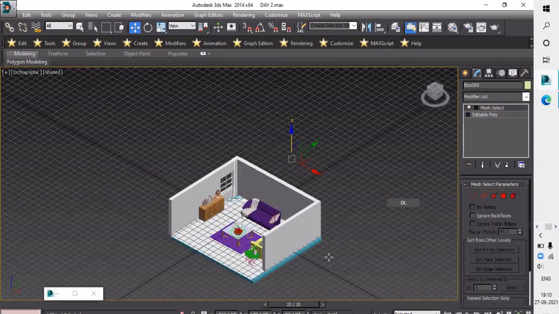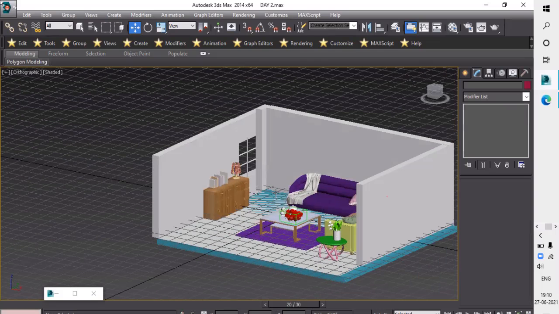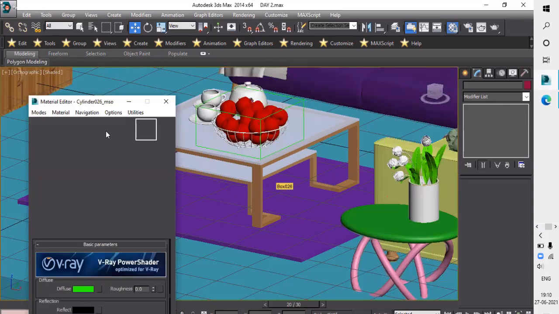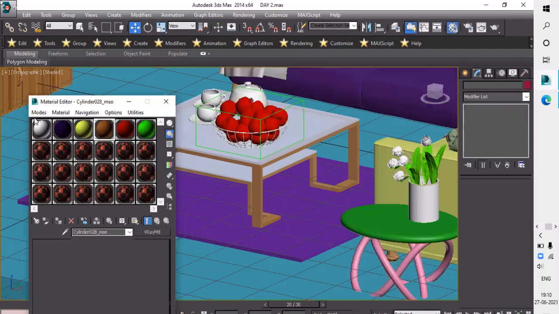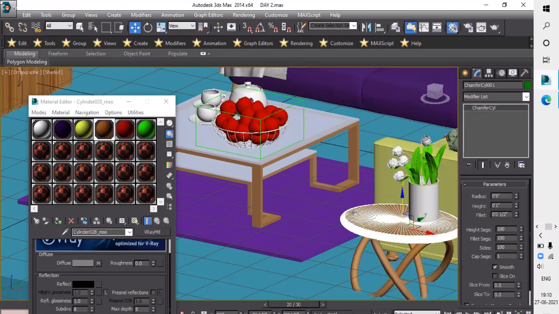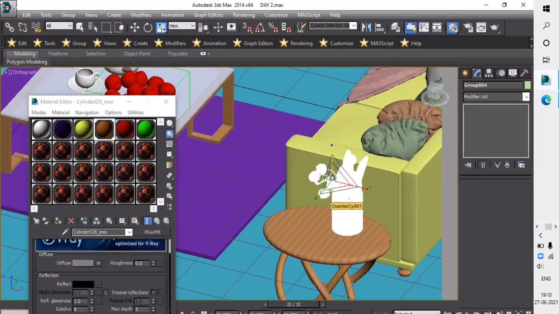So this is finished. And what we can do now, we will add the texture. Press M and you will get this texture here. And that object we will give the texture of wooden. Okay. So here will be one of our plants.